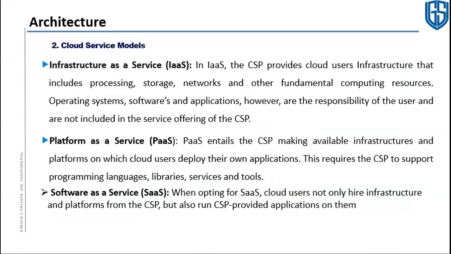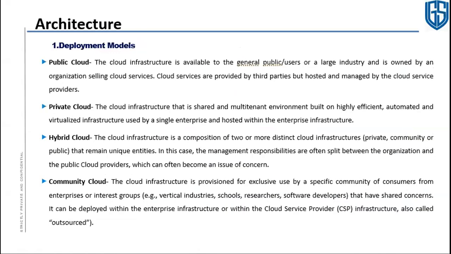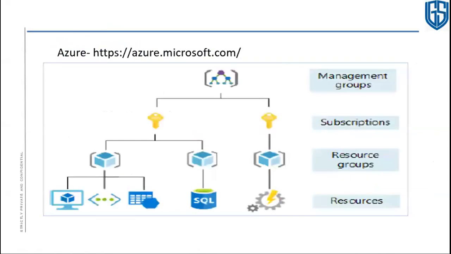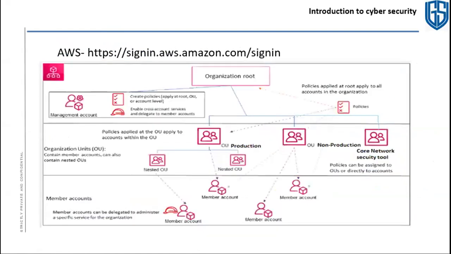The real architecture is just the different service models and the deployment models that we have. There is no standard or fixed architecture. There will be a hierarchy and a generalized term for that. Here, as you can see, it is divided into three layers: member accounts, then organizational unit, and then organization or root accounts. We need to know what the root account is and how exactly it is related to security.